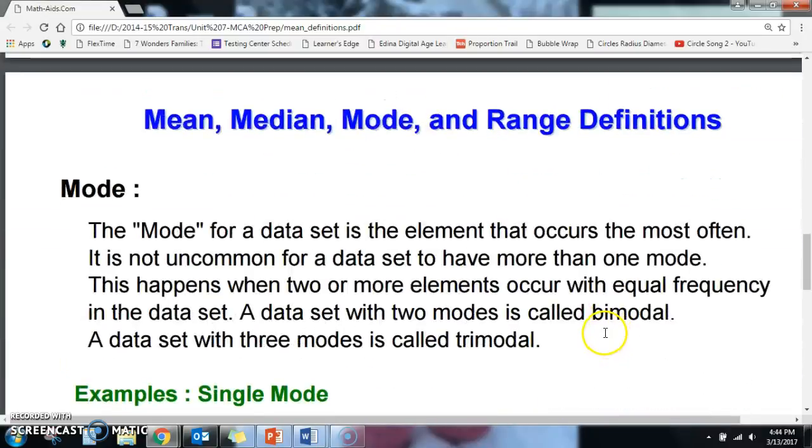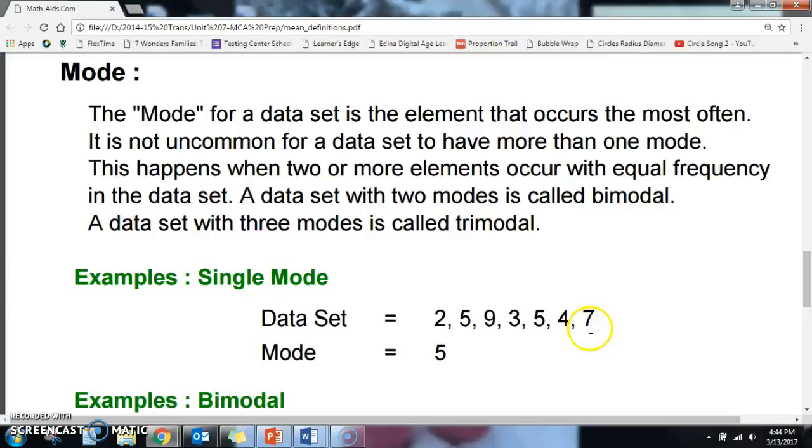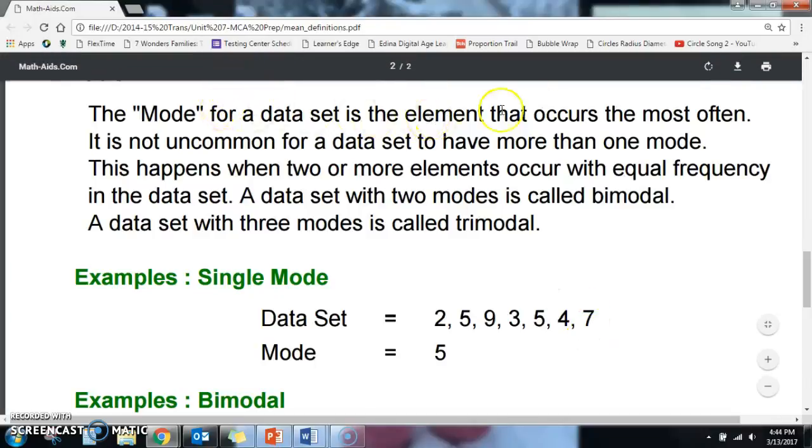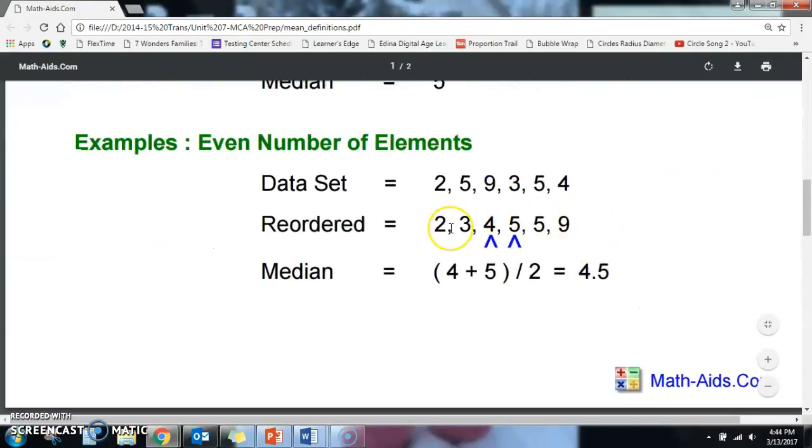Moving on now to mode. Mode means the most. Okay, so the number that occurs the most often. Okay, there are many different kinds of modes you can have. You could have something with no mode. So in that last example that we were working with,